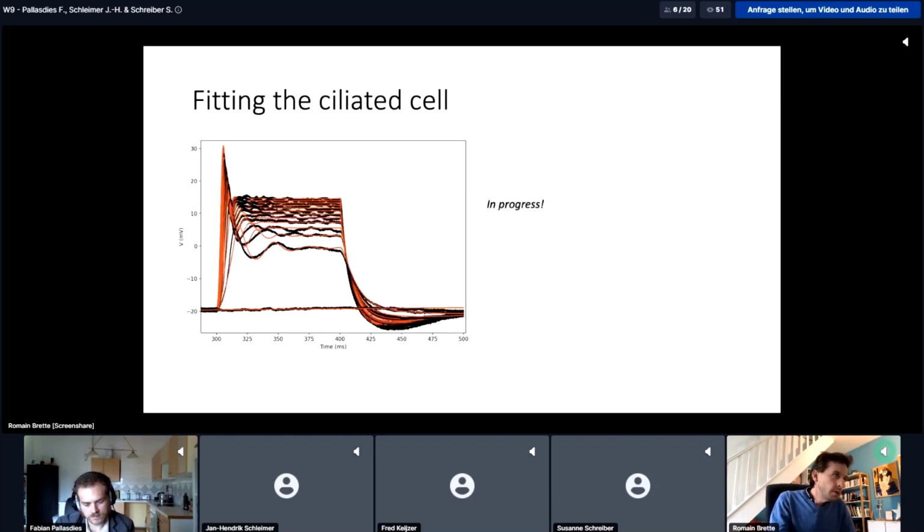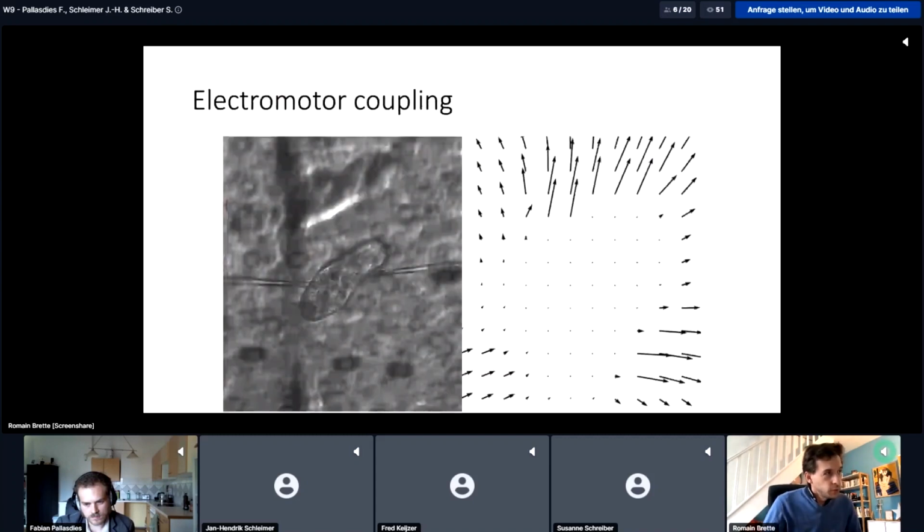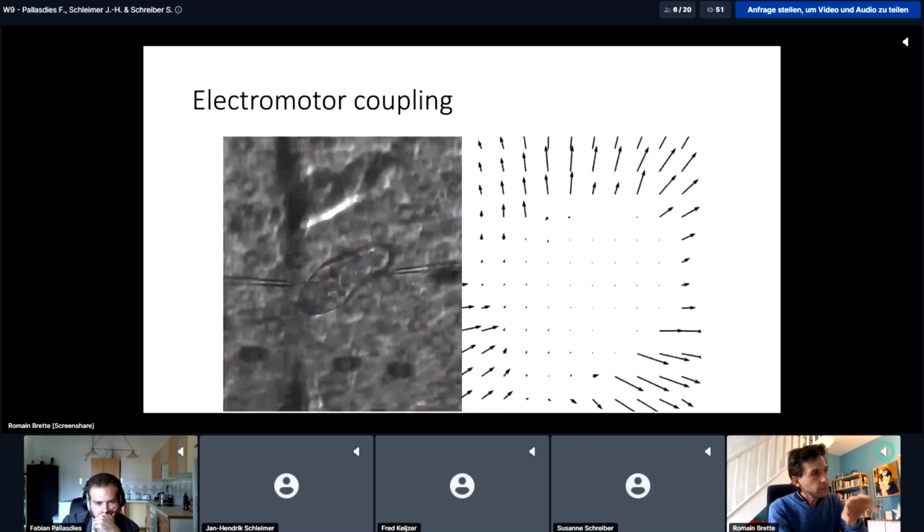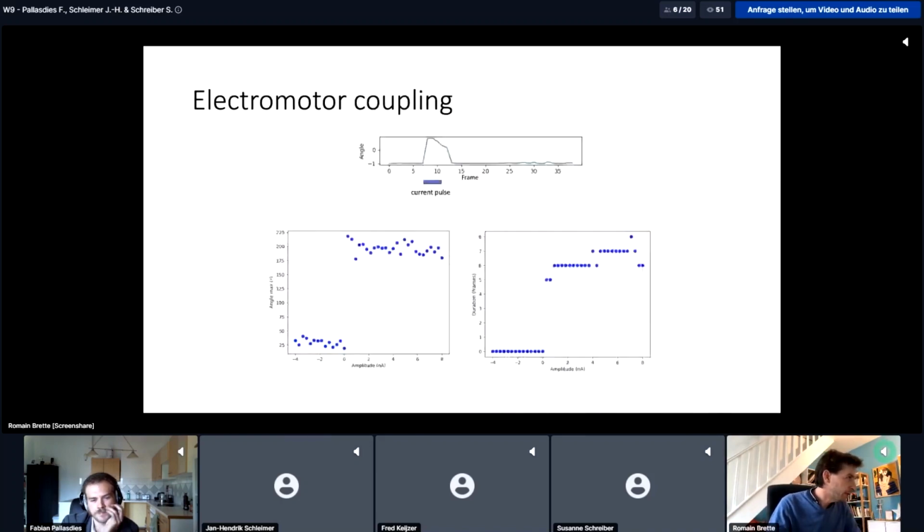Now what I want to show is the next step, which is the coupling with the motricity. What we do is the following. We put some silica particles in the medium, and then when the cilia beat, the particles move, and we can monitor how the cilia beat in this way. This is a little movie. I'm not sure it's very clear on the left, but you might guess some particles moving. On the right, it's an analysis called particle image velocimetry, which shows the vector field, so the movement of the fluid.